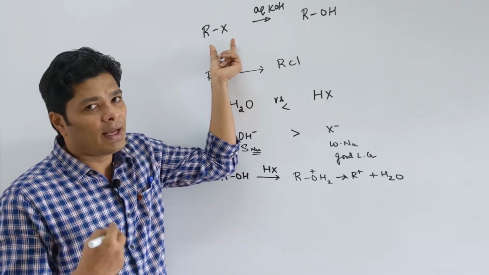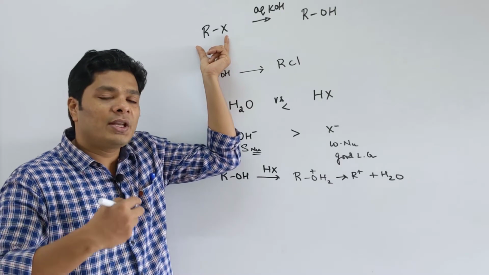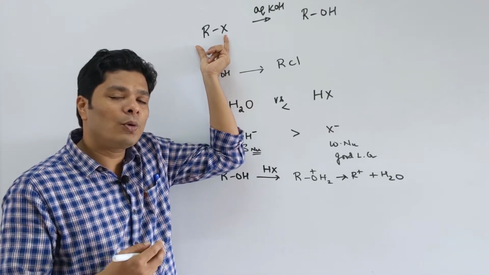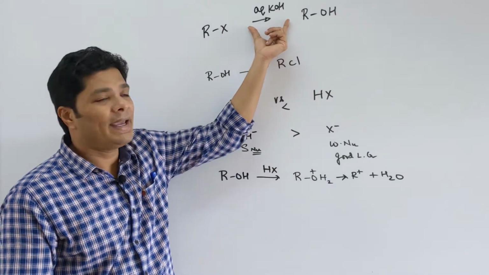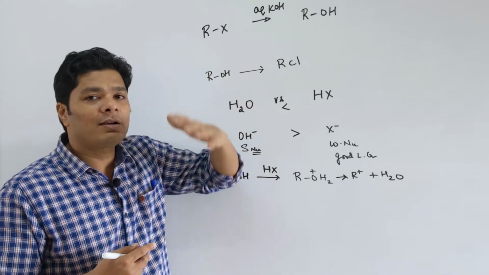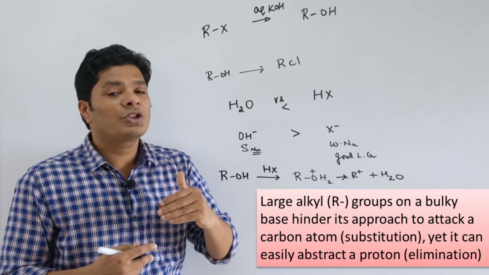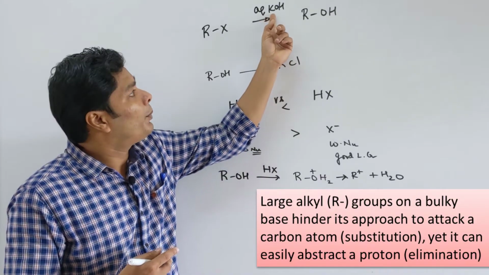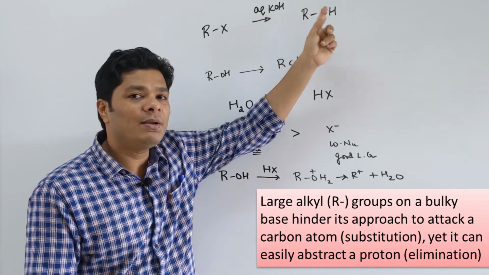Now, we have seen this in alkyl halide itself. If you take a bulky alkyl halide, the steric strain in that will try to favor elimination. So, a 3 degree will more likely give you an elimination than a substitution product. Similarly, when you use a base that is extremely bulky, instead of coming and replacing the X, it will try to behave as a base instead of a nucleophile. For example, if you take tertiary butoxide, potassium tertiary butoxide, that will try to behave as a base instead of a nucleophile and give you the elimination product.